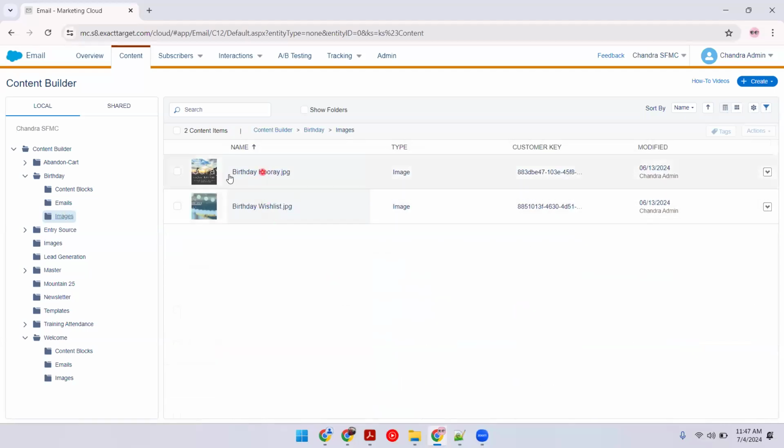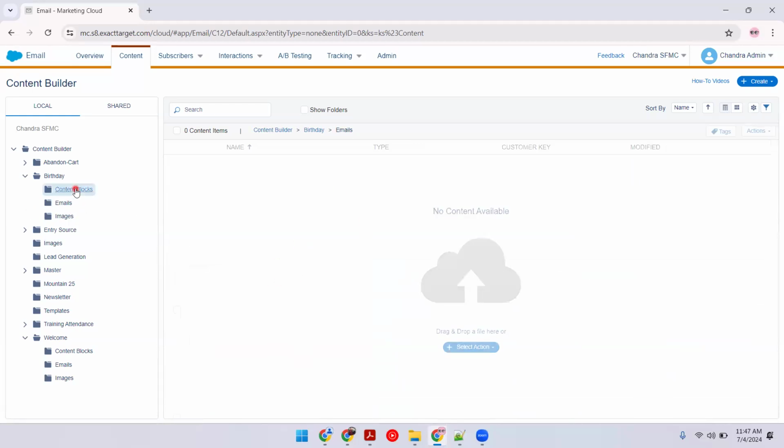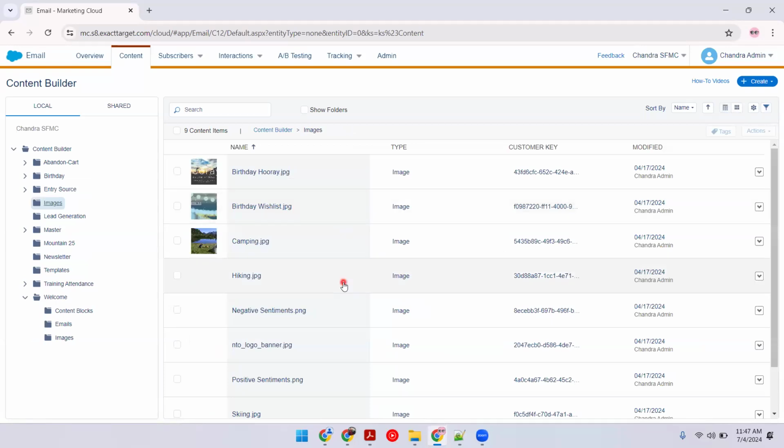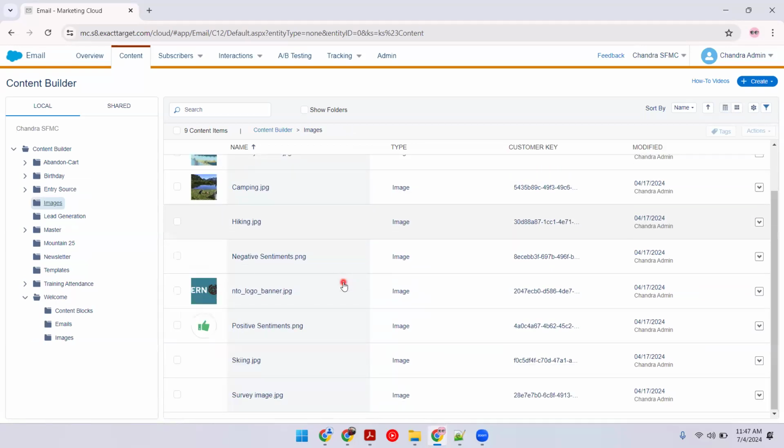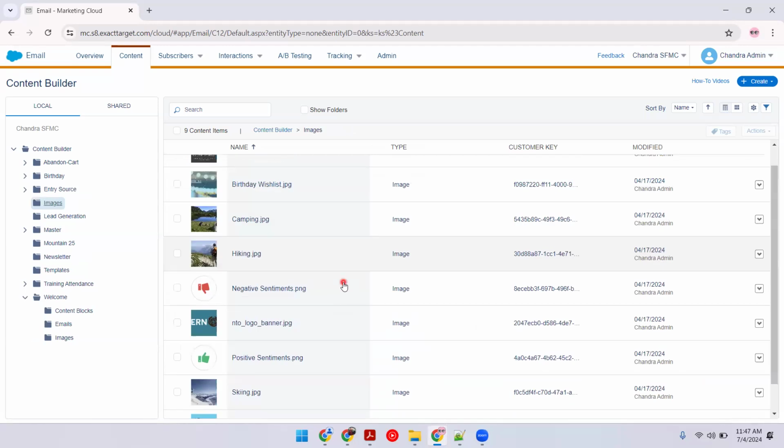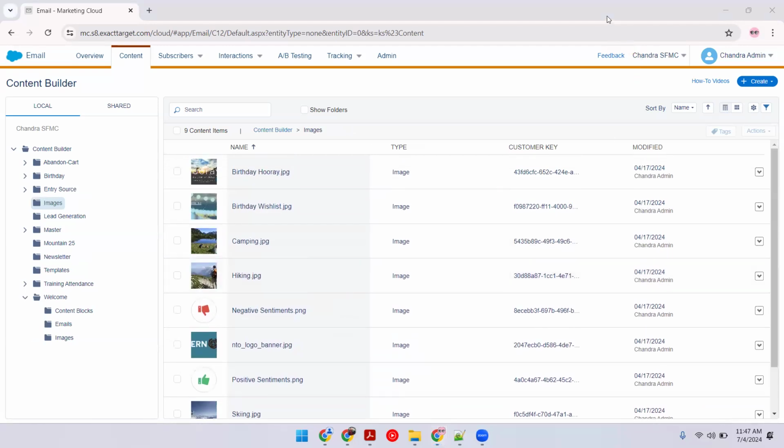Yes, we have two images. This is the image which we will be using. Do we have the email created? Not yet. Do we have the content blocks? No, not required for now. But I need an image, an image which is a logo. Just give me a second. Probably I need to go into the